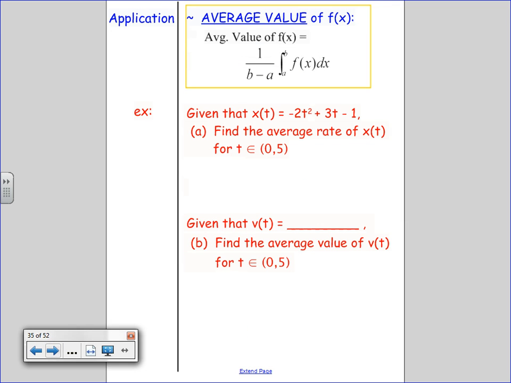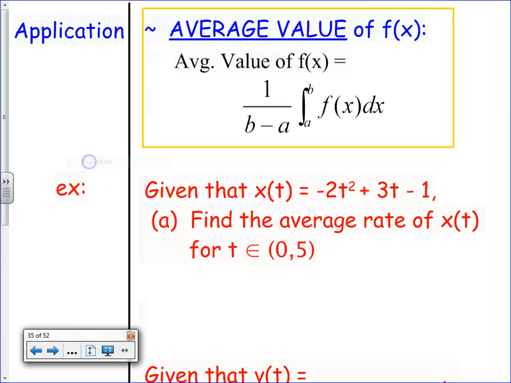Next formula. Where have we seen average before? Last chapter, average rate. How many of you are willing to help me out and say I missed the average velocity problem on the test? Oh, there were a whole lot more of you than that. Average rate